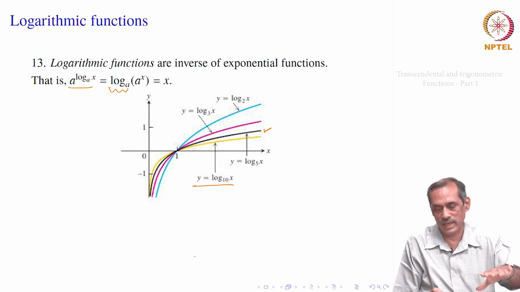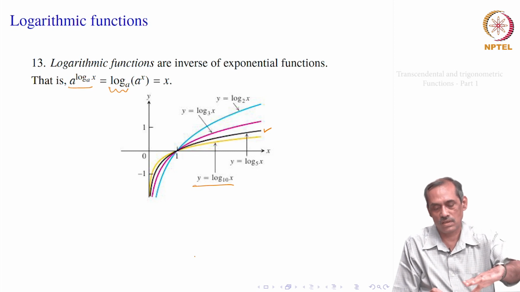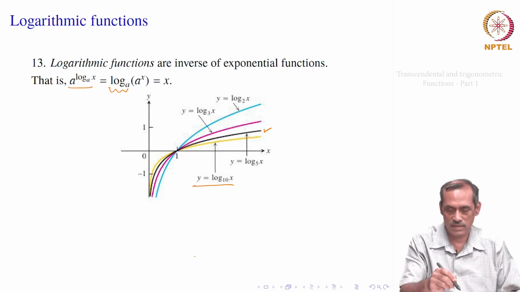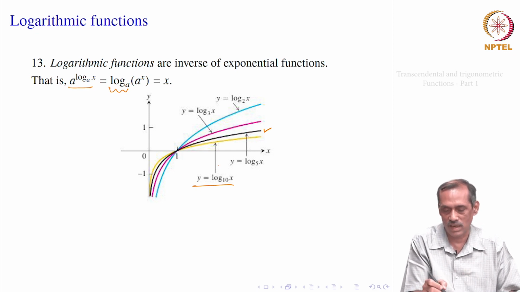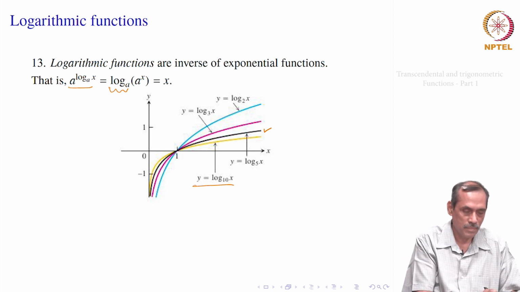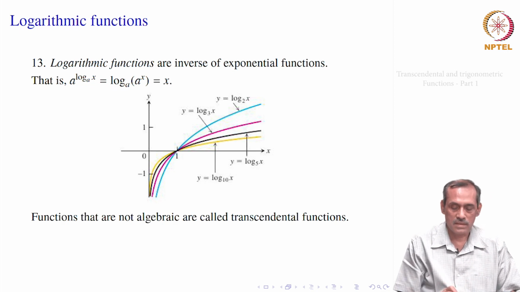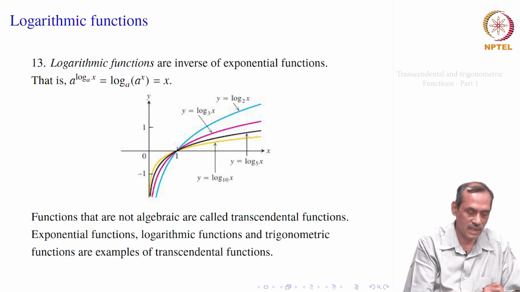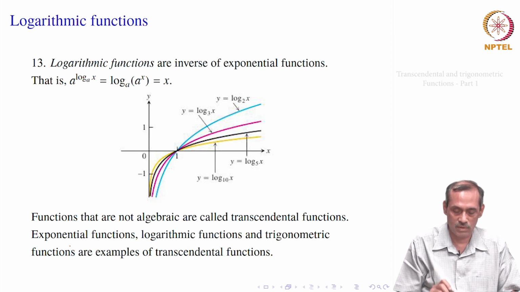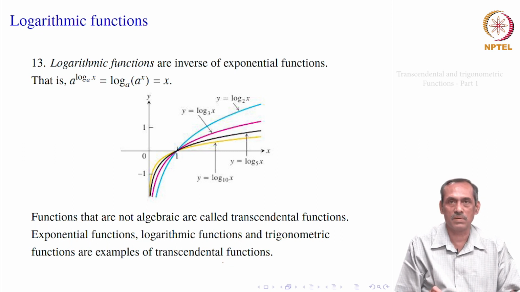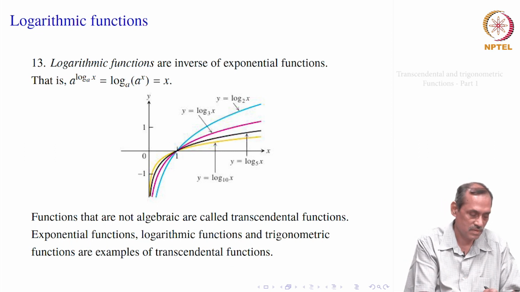If you look from the y axis side, just rotate it 90 degrees. Think of y as the x axis, the horizontal one. Look at it from the y axis side, it would just look like your a to the power x curve. So, these are called the transcendental functions, they are not algebraic, and that includes exponential functions, that is a to the power x, logarithmic functions, they are inverse, and of course, trigonometric functions, which will come soon.